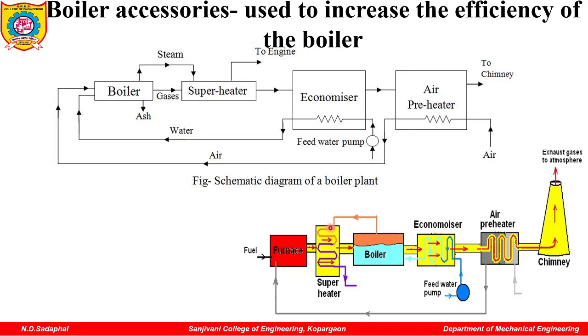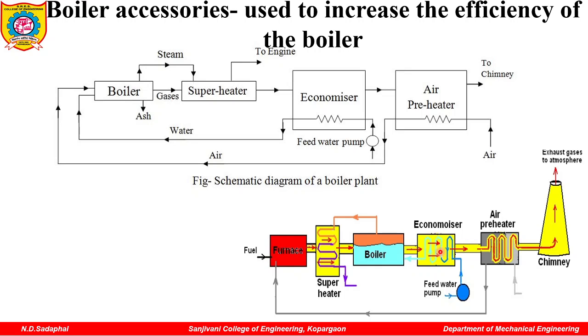That saturated steam is passed through the superheater, and again there will be heating of that saturated steam to convert it into full high pressure, high temperature steam. So here in the superheater, the heat required to convert saturated steam into pure steam is less. But in the boiler, you have to convert water into steam, so the heat required there will be more. So there will be an increase in efficiency if you put a superheater here.